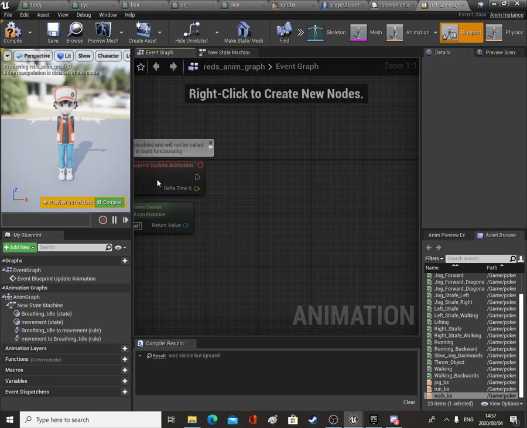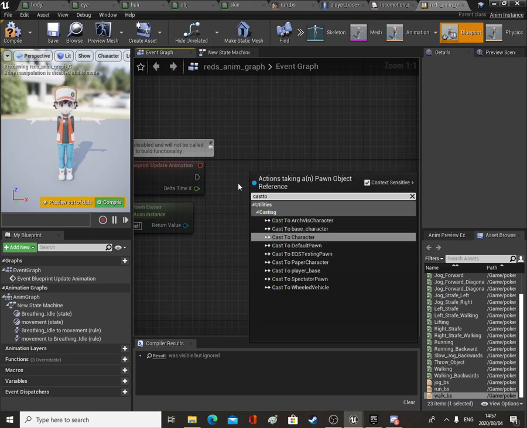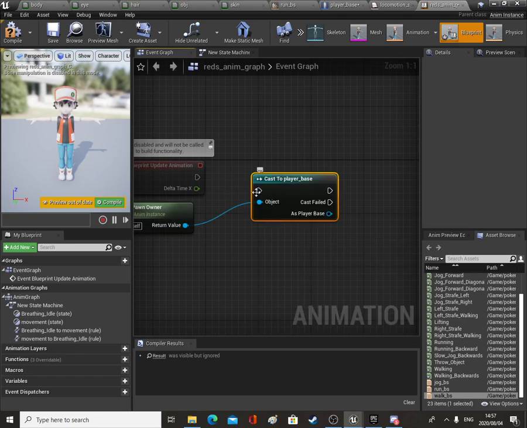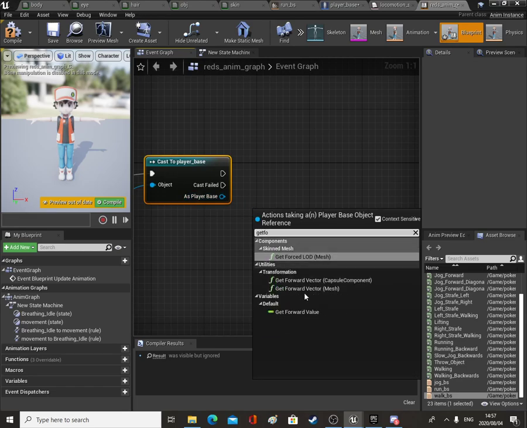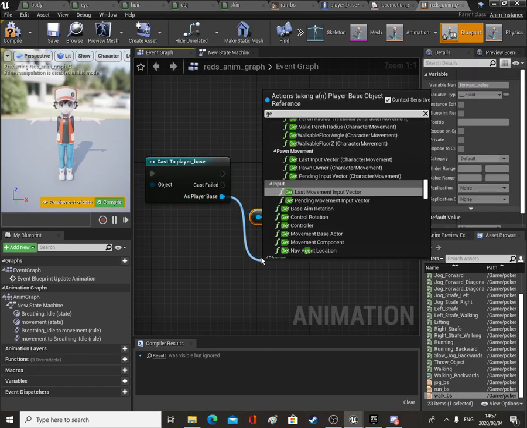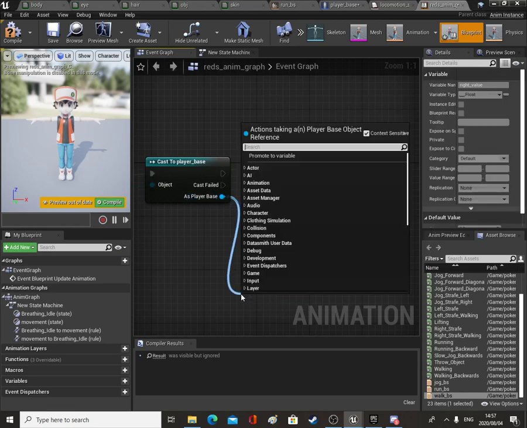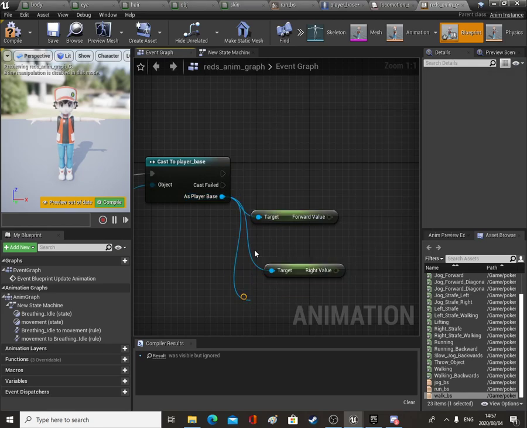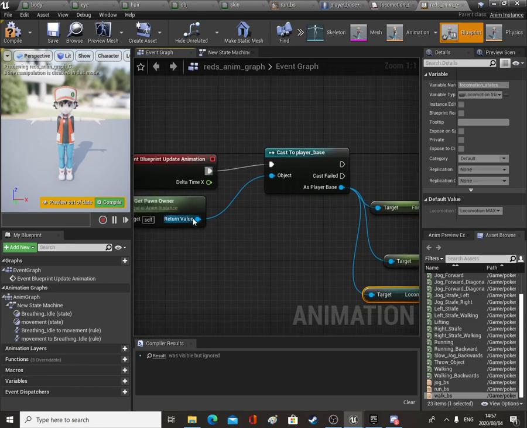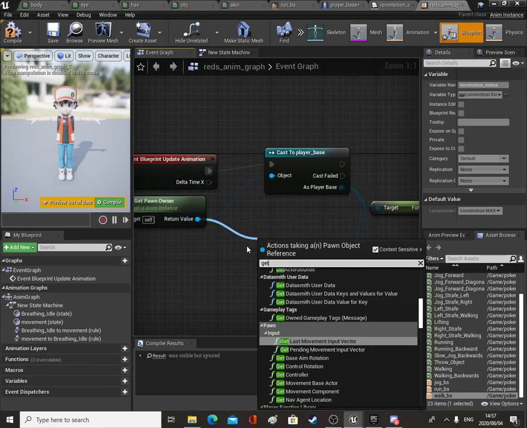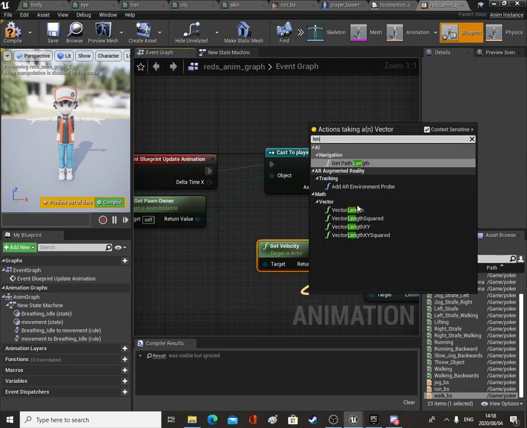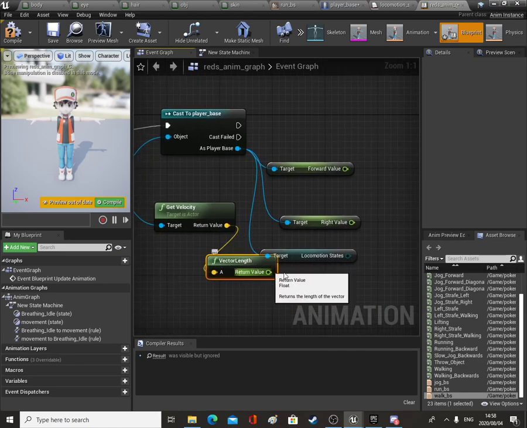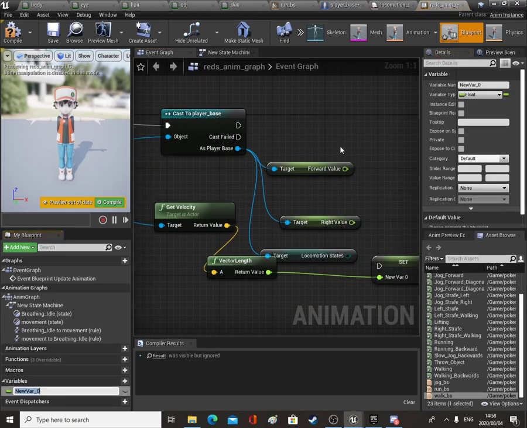We're going to go to the event graph on our blueprint, drag off of here, say cast to player base. Now we've got our player base, we're going to say get forward value, get the right value, and get his locomotion states, and also off of the get pawn owner, we're going to get velocity, and we're going to get its vector length, and we're going to promote this to a variable. I'm going to call this speed,